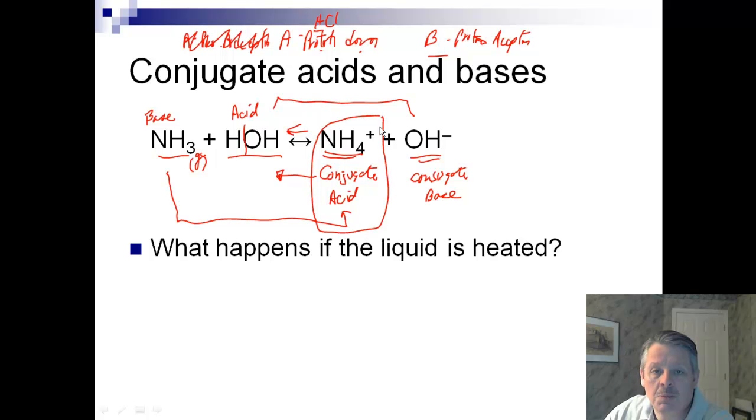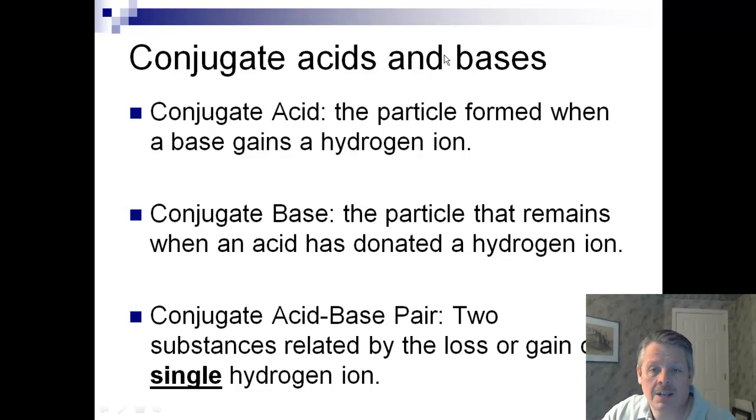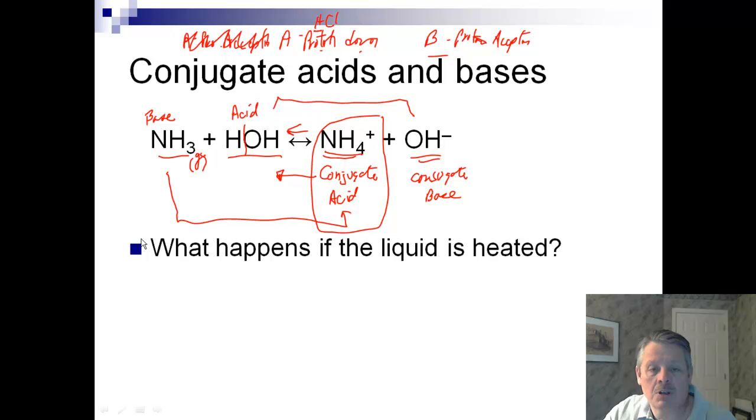So that is going to be your conjugate acid, because NH3 became NH4 because it gained a proton. It gained a hydrogen ion. Okay? Now, how about your conjugate base? Well, your conjugate base is the particle that remains when an acid has donated a hydrogen ion. When it's donated one, then it becomes a conjugate base. So water, which was our acid in this case, donated a hydrogen, and what's left is the OH,